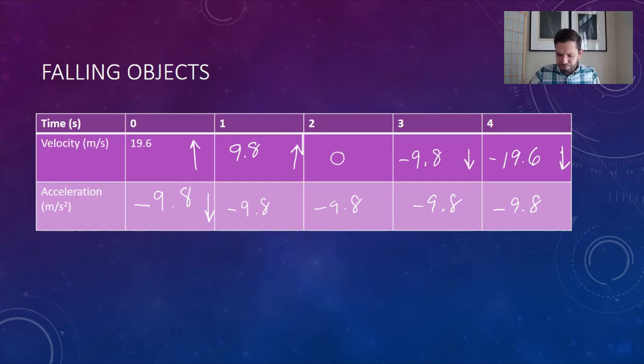This is very interesting. What this is saying is that if we throw an object up in the air, it moves upwards, but it starts slowing down as it travels upward. It reaches this point right here where for just an instant, its velocity is 0. So that's that sort of turnaround point, basically where something stops moving up and it starts moving down. And then it starts moving downward towards the center of the Earth. And as it continues to move downward towards the center of the Earth, its speed increases. In other words, what this table is telling us is,